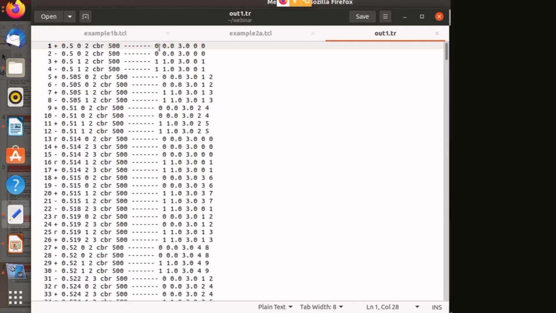I will come back to it again. This 0.0, again I will come back to. These four things, first I will explain the last one. What does this last one show? The last one is the packet ID. Packet ID means the 0th packet is getting transmitted. Understand the first line: the 0th packet ID is getting enqueued at node 0 to be transmitted to node 2 at time 0.5 second. I think it is clear.